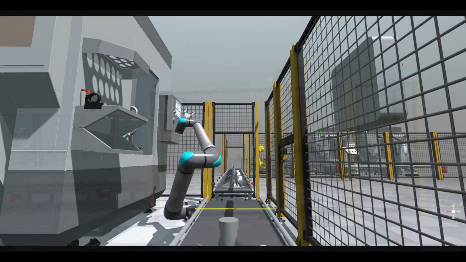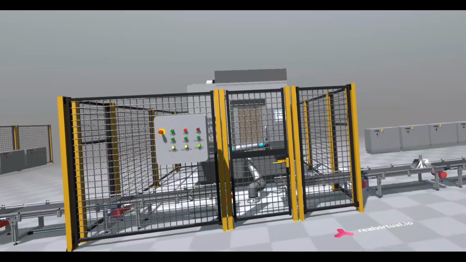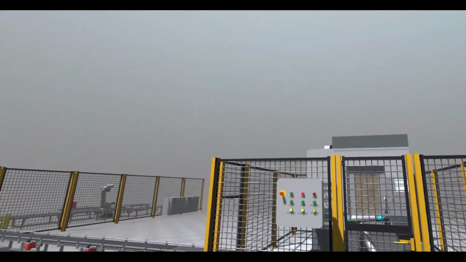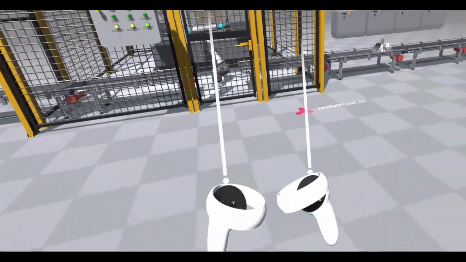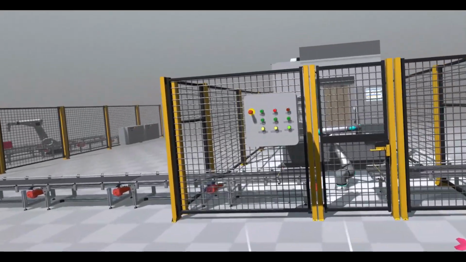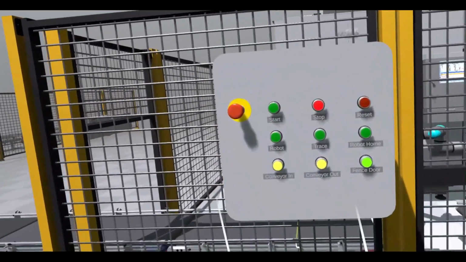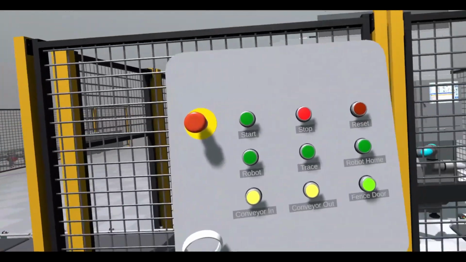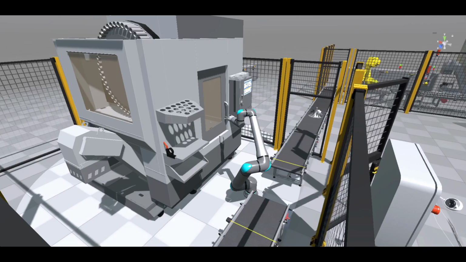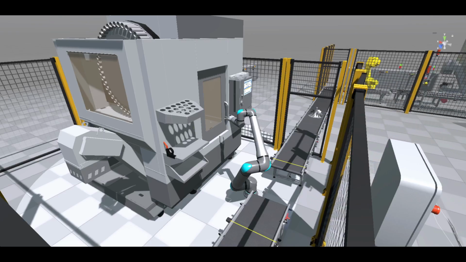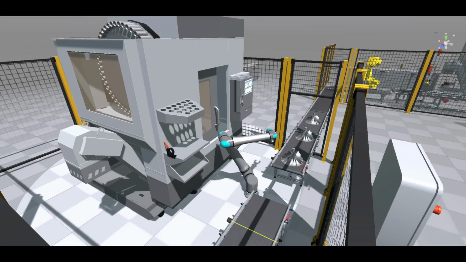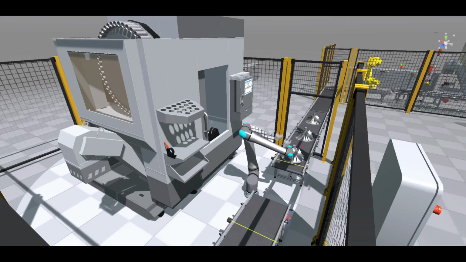Now, let's switch into the perspective of a user inside the VR environment. From here, the operator can freely move around the cell, interact with its elements, and control the process. Here we have a handheld control panel, which provides full access to the cell operations. With it you can start and stop the process and the robot itself, open the safety door, engage the emergency stop, reset the entire system, operate the conveyors manually, and enable a tracker which traces the TCP and visualizes the